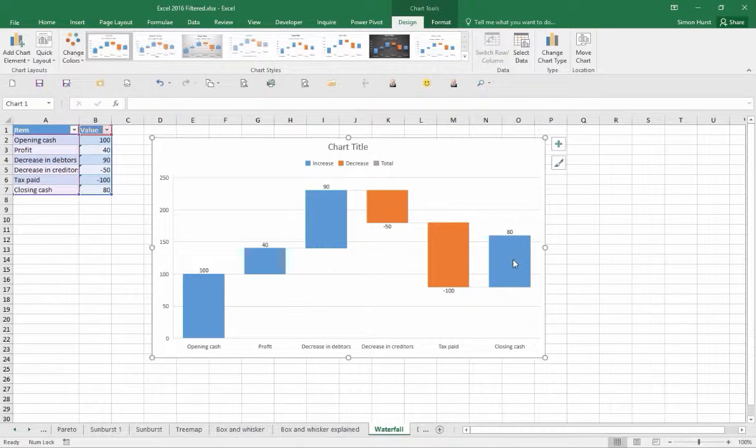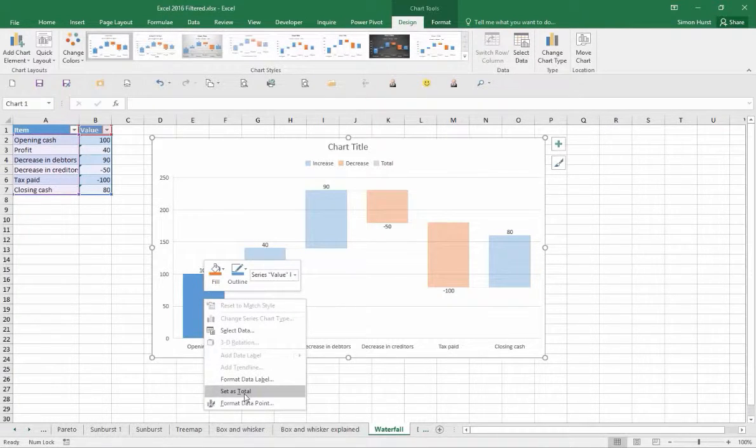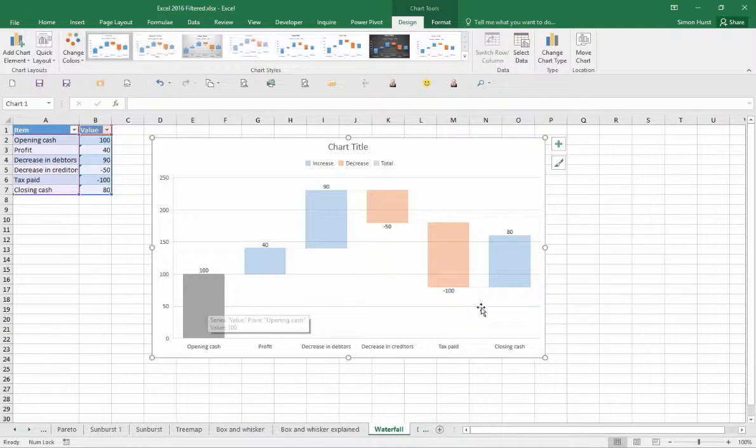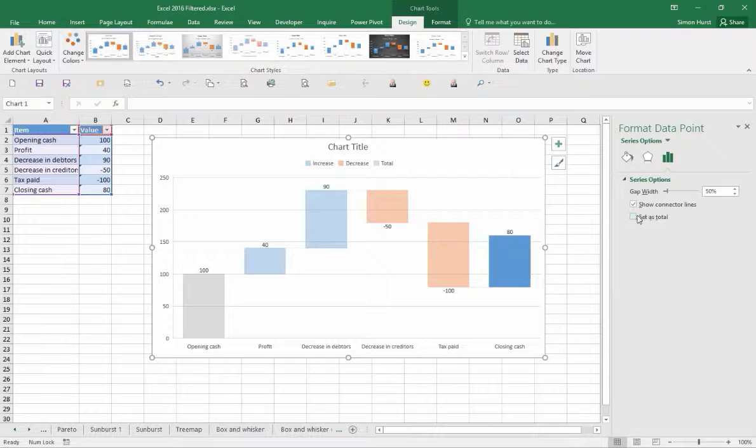Now, you may have noticed that this doesn't quite look like the one we looked at earlier. And that's because we haven't yet told Excel which are the totals columns. So we can do that by clicking on an individual column, and then we can either right click and choose set as total, when it will become a total column, or we can double click and set as total in the format data point pane, and that then ensures that the opening and closing position are our 2 totals,